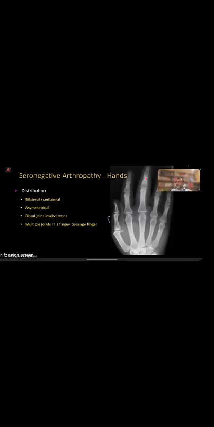Now, in this case, you can see that there is a sausage finger. Although you can't see any bony changes, this finger is inflamed. It means multiple areas are involved in one finger. Now, look at the erosions. Periarticular erosion. Look at that. Compared to